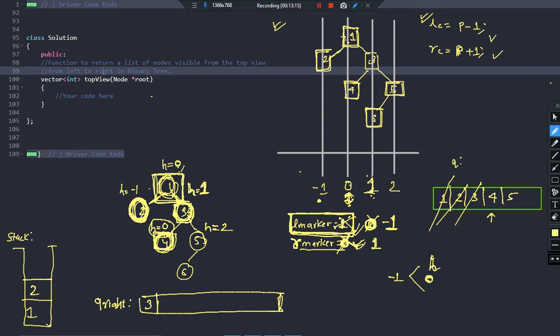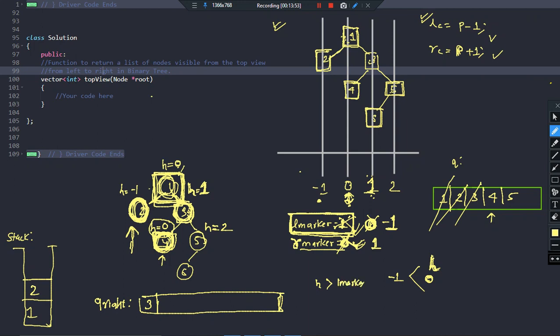What does it indicate? It indicates that we have a node already at point 0 which was covered. So this node will be superimposed by that node. My left marker right now is at this point, and I am talking about this point. I will not consider any node which lies to the right of the left marker, because my left marker is pointing to -1. So I will just ignore this node, because its value of h is not less than, but greater than, the left marker.